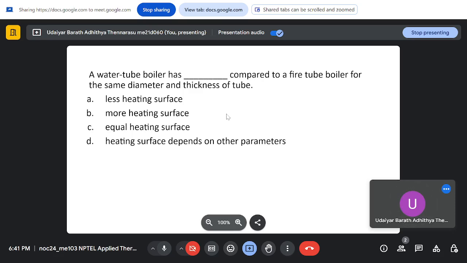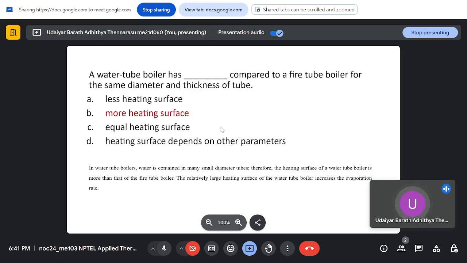So the next is, a water tube boiler has dash compared to a fire tube boiler for the same diameter and thickness of tube. A, less heating surface. B, more heating surface. C, equal heating surface. D, heating surface depends on other parameters. So we saw water tube boiler and fire tube boiler. So sizes of the boilers also we have come to see. So with respect to that, if you see,